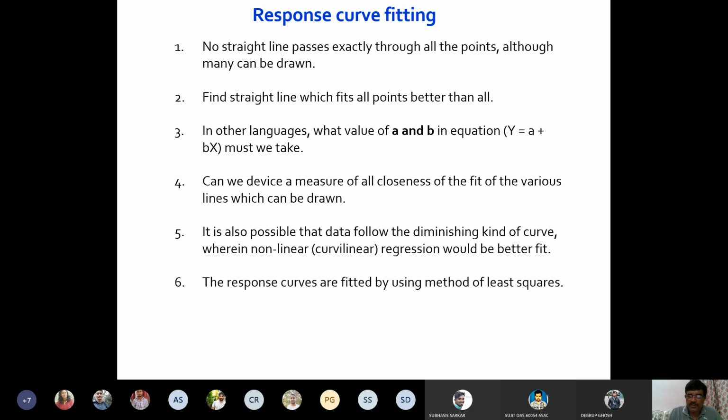So the method of least square is applicable in both cases, whether your input levels are constant or the same, or whether the difference between them is the same or different. For unequal intervals, you can use the method of least square. For equal intervals in the input, you can use the same method of least square. So it is applicable in both cases.